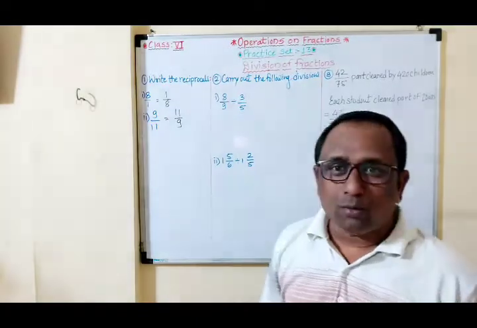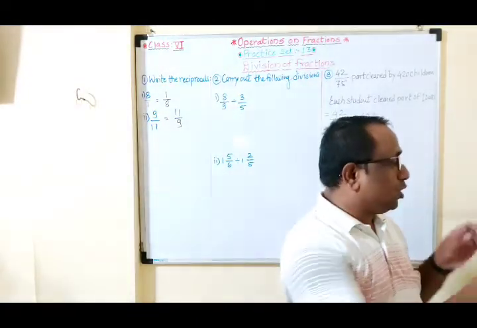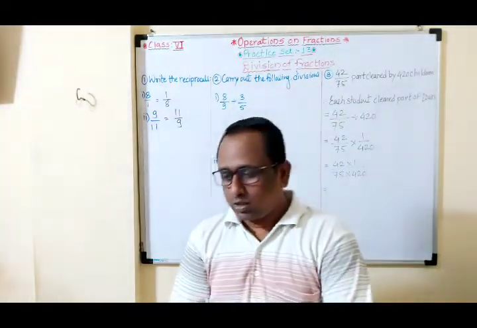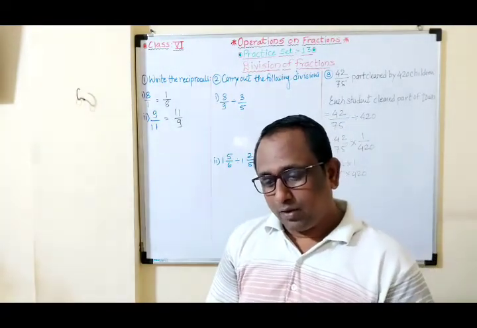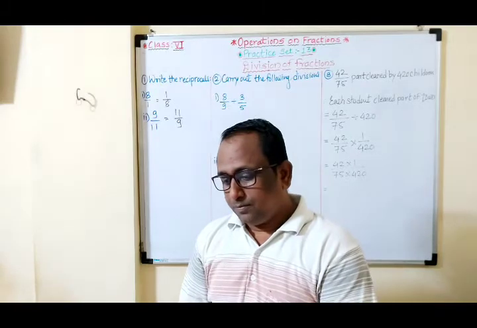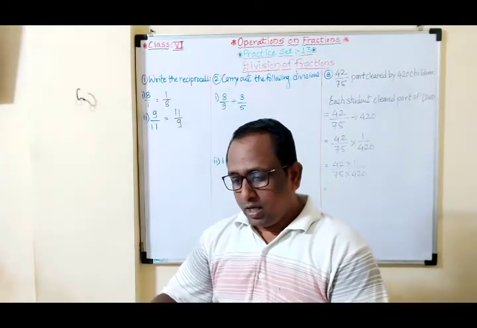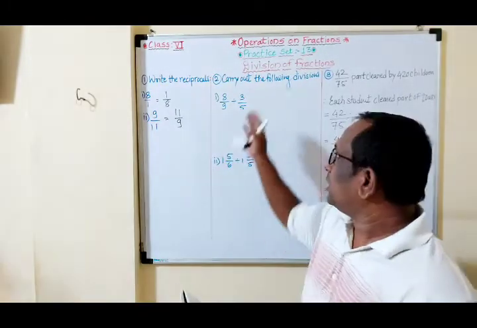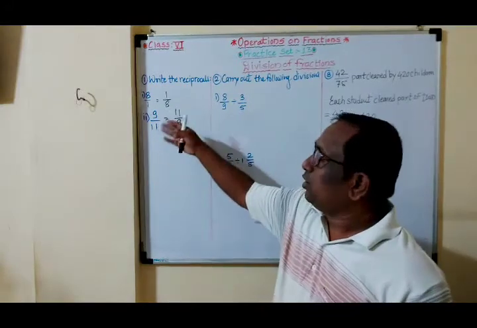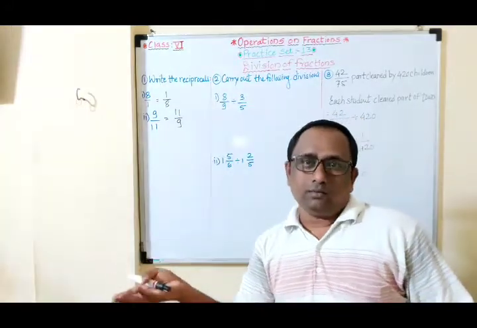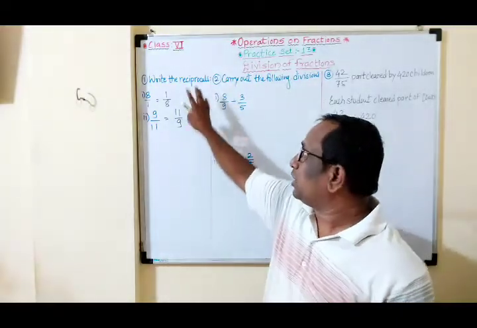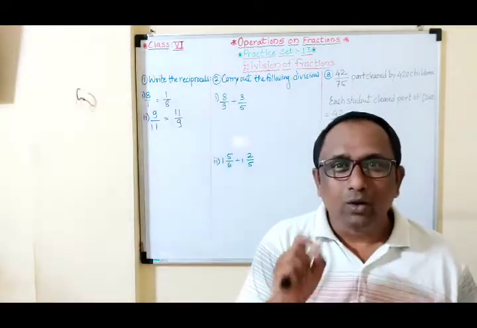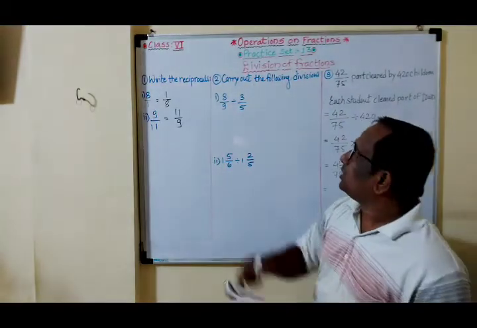These examples are not from the textbook, so for more practice I give you extra examples. You have to solve the 5 examples that are there. Okay. Now students, here we'll see the second example. I hope you understood this. You only have to change the denominator to numerator and numerator to denominator. Okay, this is called reciprocal or multiplicative inverse. Now move to the second example.